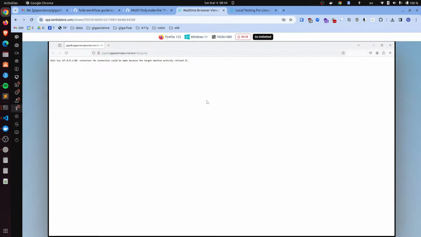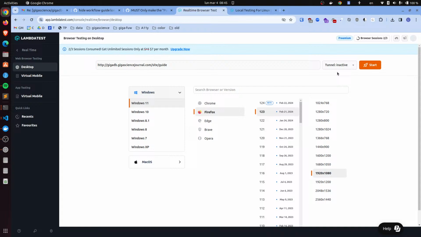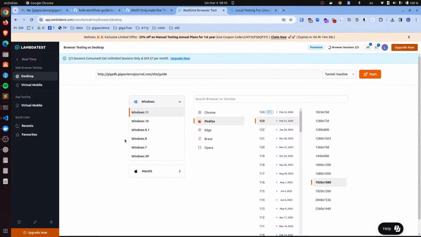Did I use LambdaTest to do accessibility testing? When was it? Was it in November? Did I use this thing? This looks completely different, but at the same time, it looks the same. This tunnel, this screen looks the same.